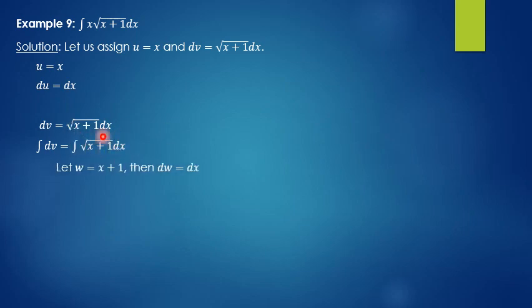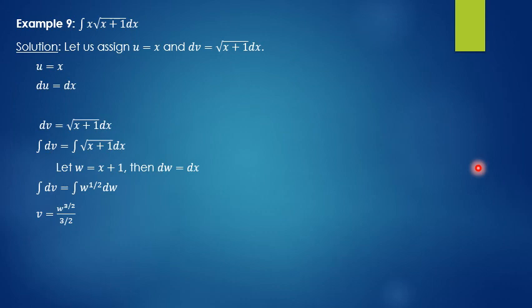Now this one here cannot be integrated right away. We would now have to perform integration by substitution, so that we can integrate this. So we are going to choose, because we have already used u and v, the letter w. So w will be the one inside the square root, which is x plus 1. And then if this is our w, then the dw is just dx. So square root can also be written as to the power 1/2. So we can rewrite our integral dv as the integral of w to the power 1/2 dw,